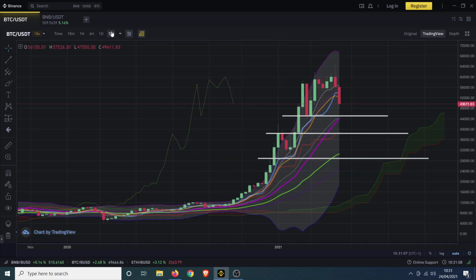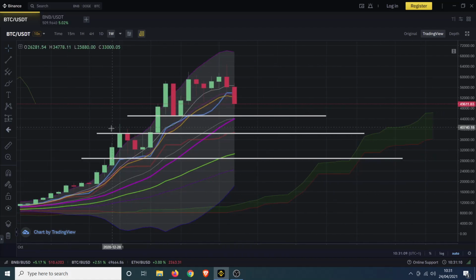Now let's think about things on the larger term time frames. So this is the weekly. What we have here is actually still very much a bullish setup. So we're okay for the moment. The bulls have still got the larger term time frames, and they're the most important ones to hold on to. They take longer to play out, but they offer the largest moves. So we're still in the bullish portion of this Bollinger Band here, and we will remain here until we come down to test this level here of around about